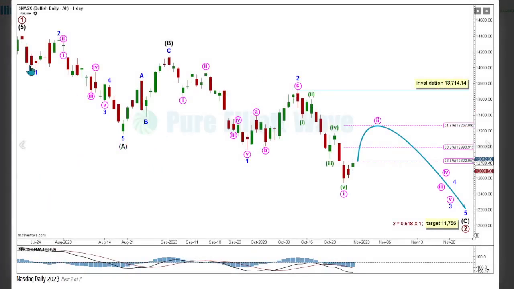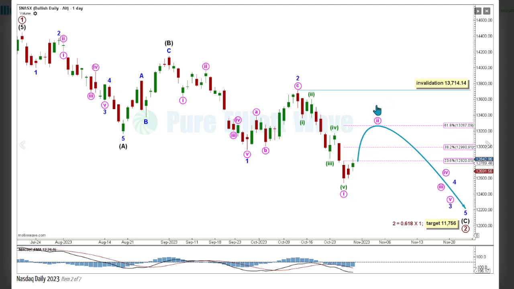And on the bullish daily chart with the end of primary wave 1 over here, we can see more detail for intermediate waves A and B within primary wave 2, pulling price lower with minor waves 1 and 2 and minute waves 1 and an incomplete minute 2 within minor wave 3. Minute wave 2 is expected to pull price higher for a small bounce with a target calculated at 13267.09,